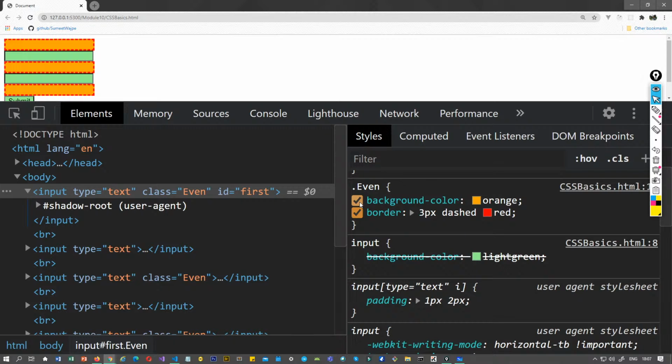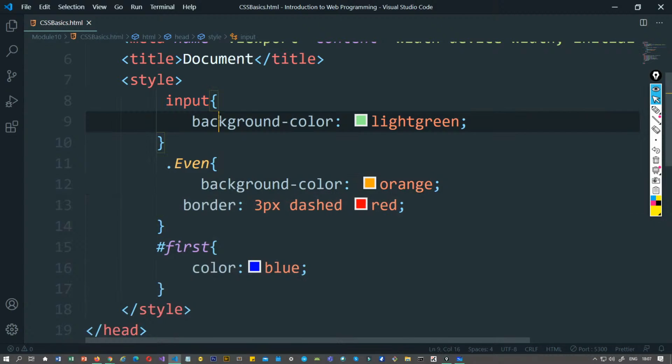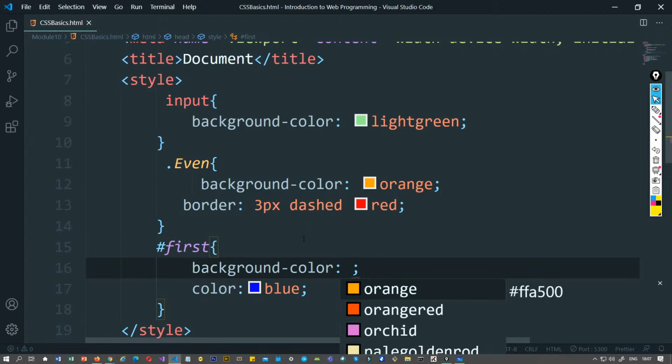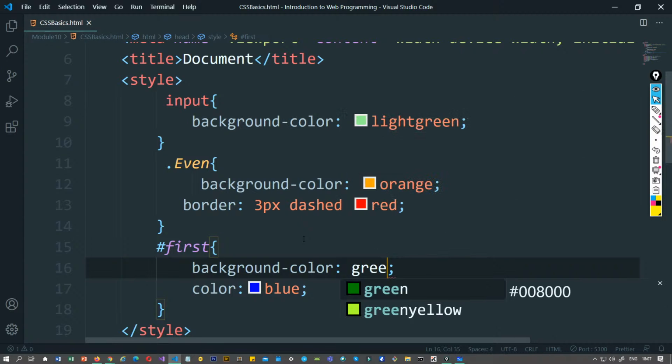Right? Now, what if, okay, so I understand that I'm using the element level having the background color. I use even for background color as well, and I understand even is the class which is having a higher specificity. We'll talk about specificity in a moment, and then have this color to be overridden. But what if I go back and have again a background color, fine, to be, let's say, green. I'm just using different colors altogether so that we are visually able to see that. So instead of light green, it will be dark green if at all first is going to have a preference